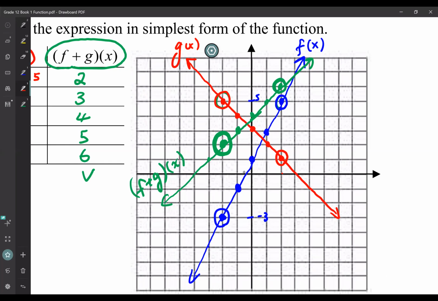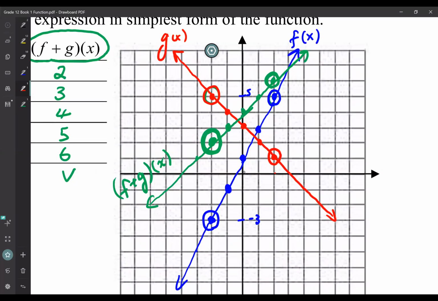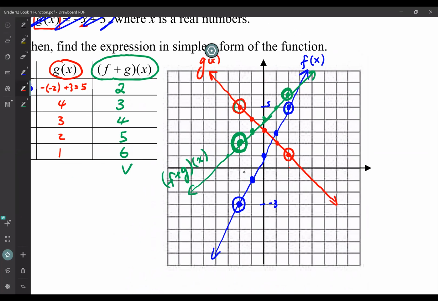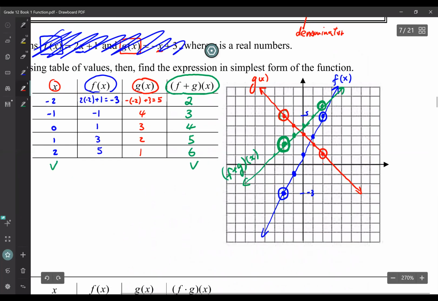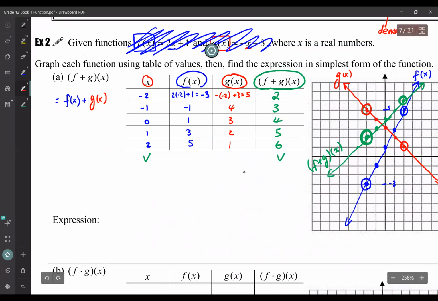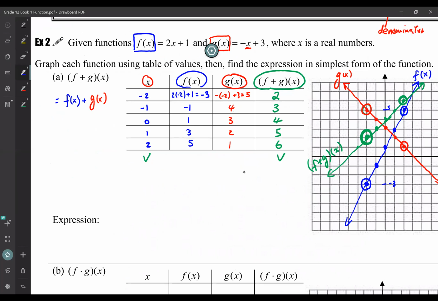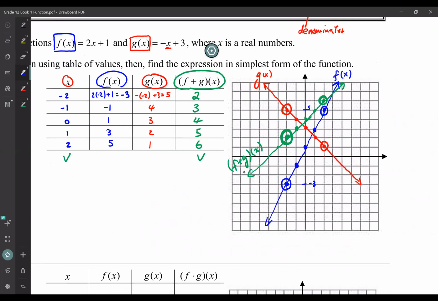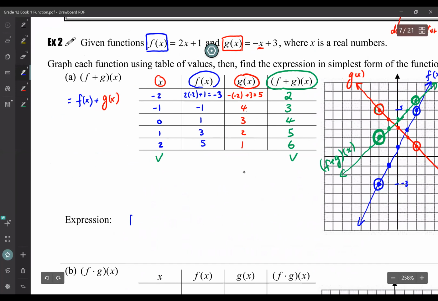Okay, so that way, if you know the graph, then you don't need to make a table. Just work with the graph. You get it? Because we're going to try that for the next question later. Now there's another thing I want to go over, which is trying to get the function. This is called an expression. Let's write it down here. The expression we're trying to get is for the green line, the resulting one. So f plus g of x